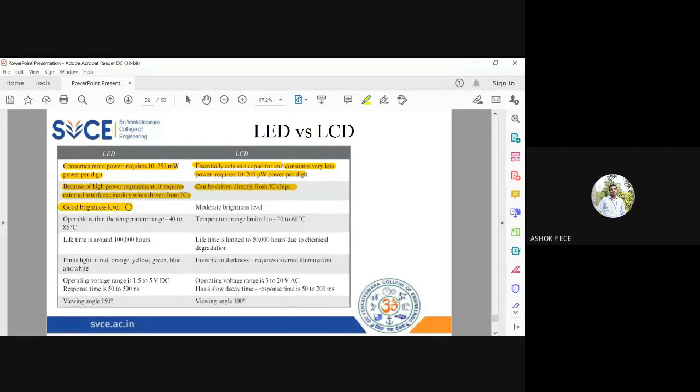When you come to brightness, obviously LED will score well. The brightness of LED is very good, but LCDs are moderate. They are very dull in terms of brightness, and can in no way come near LEDs. LEDs can operate from minus 40 to 85 degrees Celsius without any issue, whereas LCDs can operate from minus 20 to 60 degrees Celsius. The lifetime of an LED is 1 lakh hours if you use it properly with the drive circuitry and maintain it well. Whereas the LCD lifetime is limited to 50,000 hours due to chemical degradation, because you're frequently aligning the